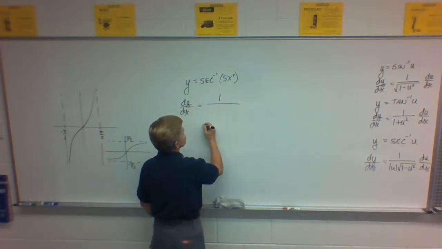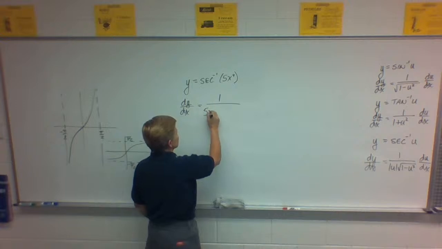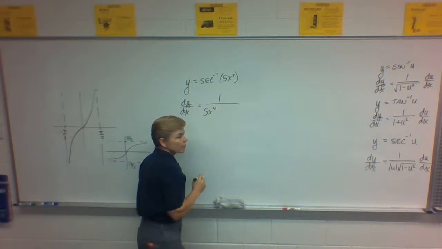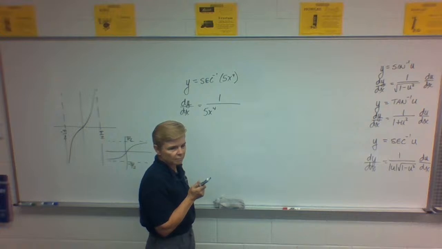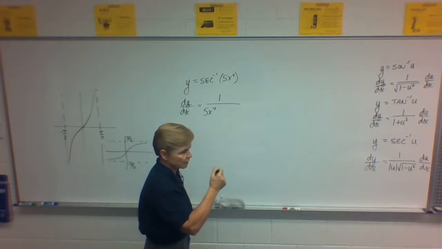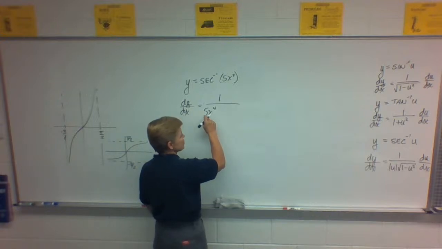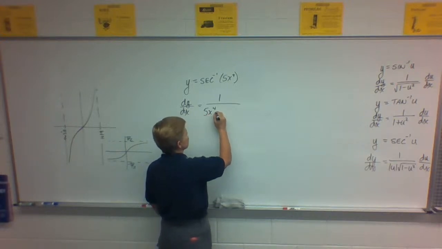1 over 5x to the 4th. And we don't have to worry about absolute value. This will always be positive, so we don't have to worry about it. It's redundant to put them on. So think about it. All we need is for this to be positive all the time. If it's guaranteed to be, we don't need the absolute value. Times